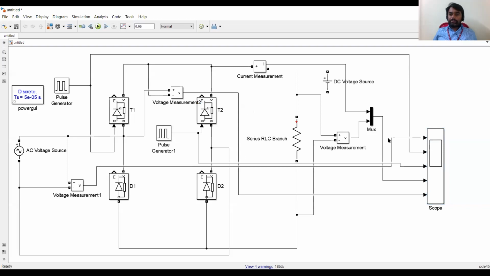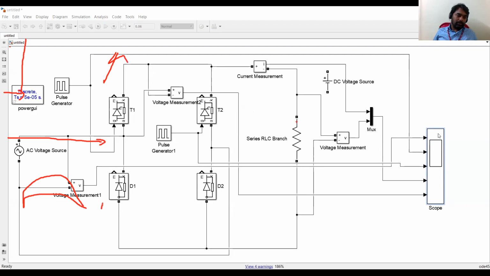So you can see this is about R load, where the output current and the output voltage are in phase. Now you can see here it is 30 degrees. If you see from this reference point, this will be pi plus 30, 210 degrees. So you are getting only positive output voltage and positive output current, and this negative pulse is being converted to the positive side. And since it's a resistive load, the current and the voltage are in phase.